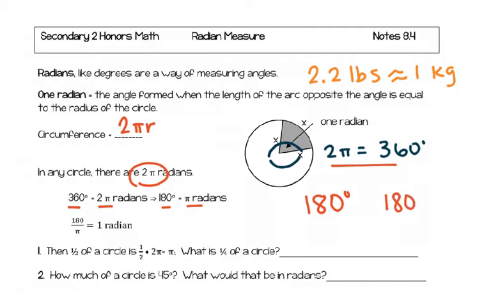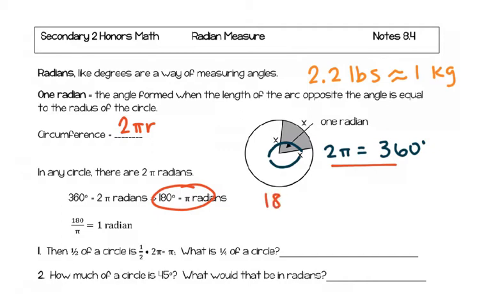How many circles is that? That's a lot of circles, like 30 or more circles. So when you say the angle is 5, you better make sure you say degrees so that you don't mean radians. Now to convert degrees to radians, using what we know here, if 180 degrees is equal to pi radians,